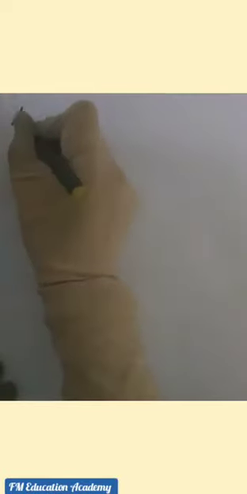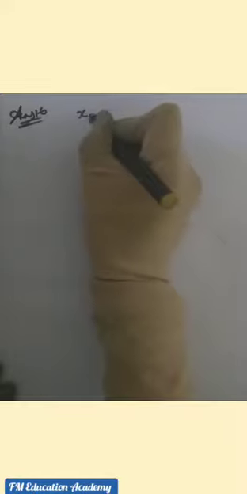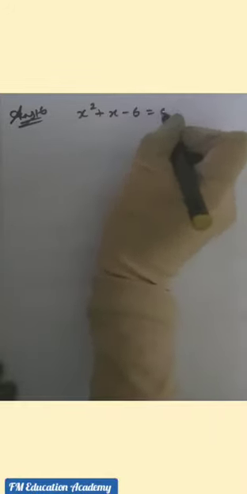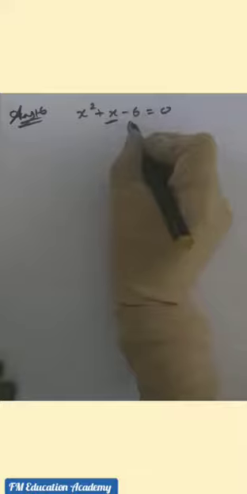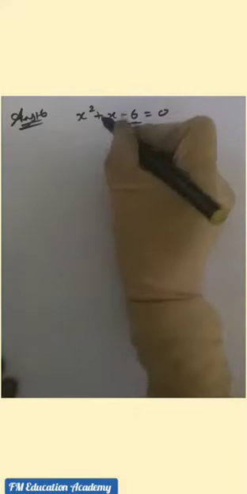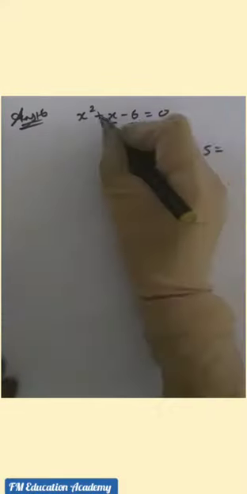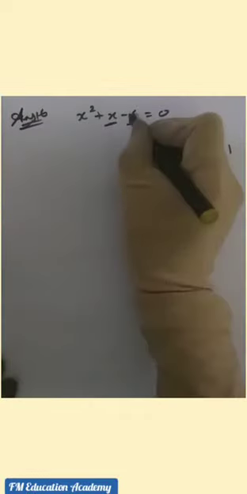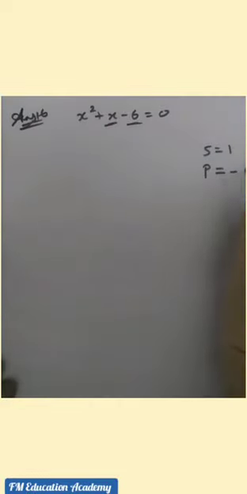Observe the 16th question. The roots of x square plus x minus 6 is equals to 0 are option 1, 2 comma minus 3, option 2, minus 2 comma 3, option 3 and option 4 are also there similarly. So we have to find out the roots here in this equation. What is the equation? X square plus x minus 6 is equals to 0. Our equation is given as x square plus x minus 6 is equals to 0. We can do this by splitting the middle term. What is the value of sum we have here? Coefficient of x is 1. What is the value of product we have here? Minus 6. How to find out the factors?